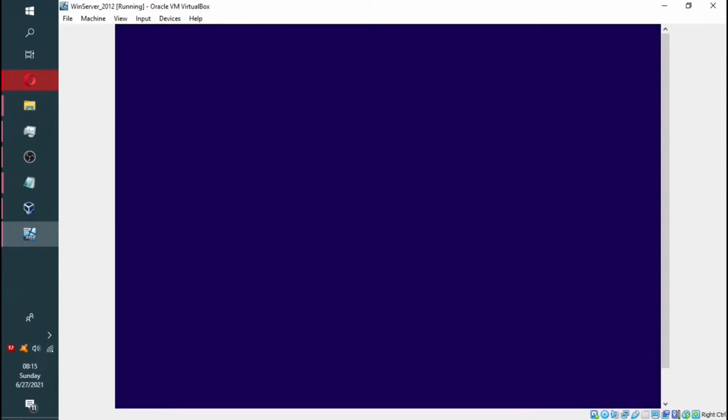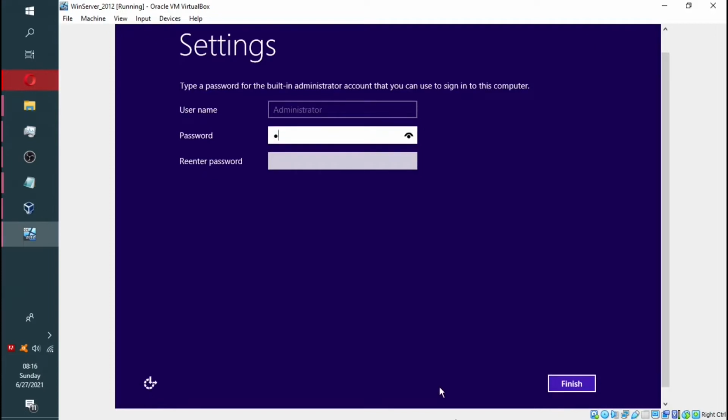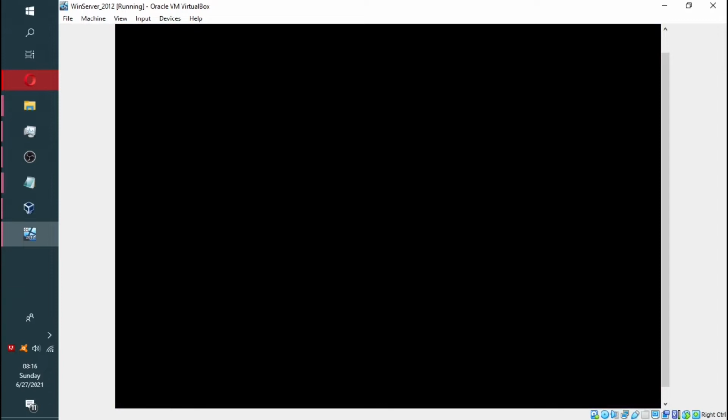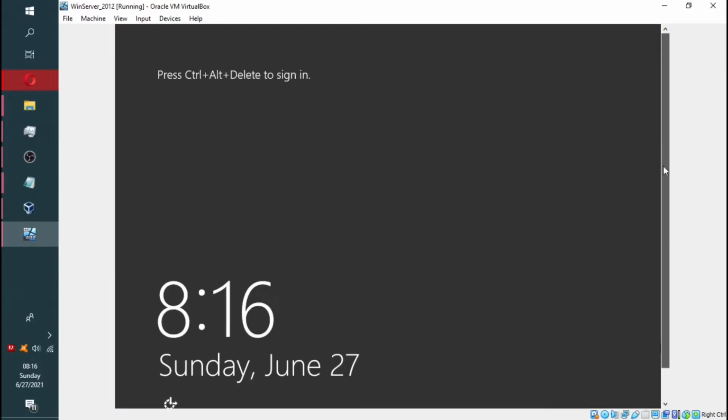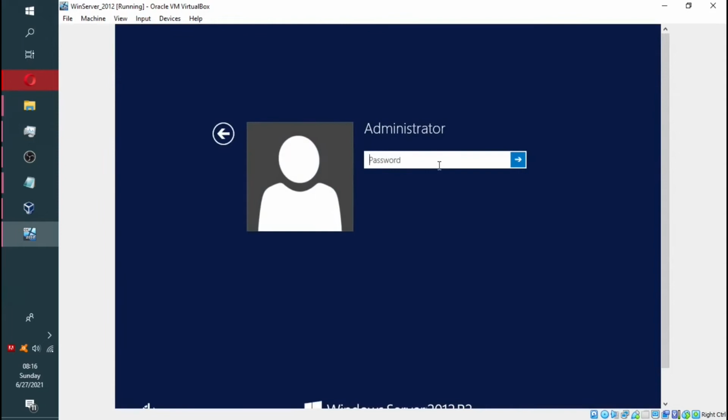All right. Now it's asking us to add a password for the built-in administrator account. So all you need to do is to add the password. I don't think you can change the name. So we're going to leave it at that, administrator, and then we're going to enter our password. Also, I would advise that you save the password elsewhere, just so that you don't lock yourself out. That would be silly, wouldn't it? Enter the password that we have created just a few seconds earlier,